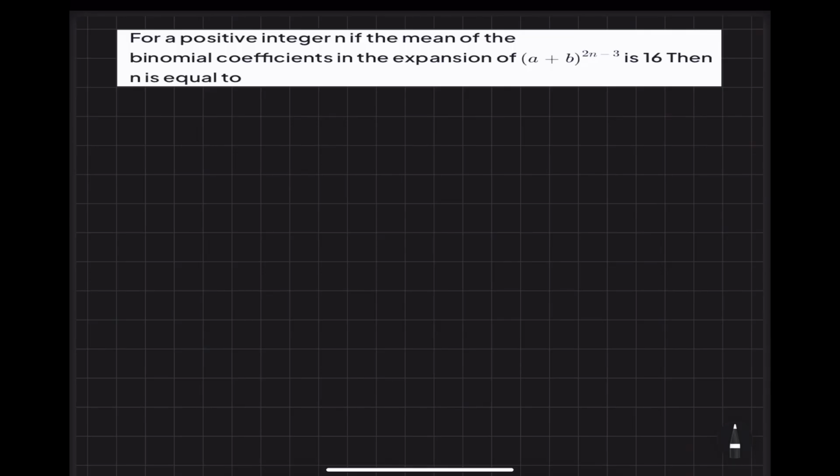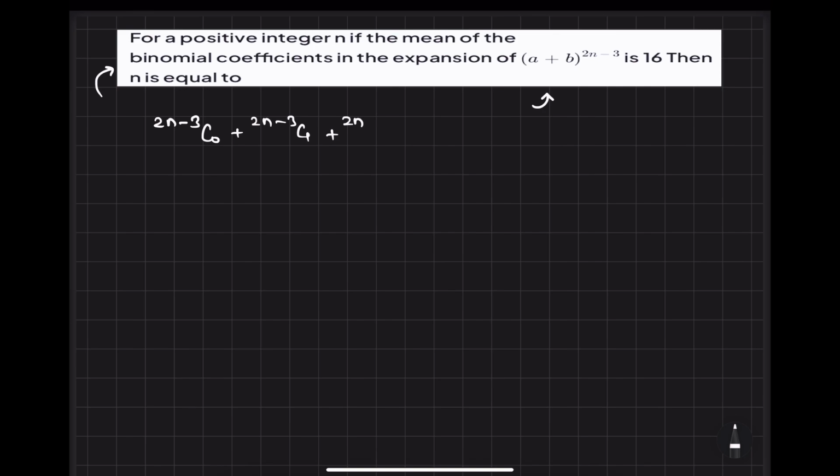So we got this situation. For a positive integer n, if the mean of binomial coefficient in the expansion of this, okay, so you know that if you will expand this thing, a and b will not... We have to talk about only binomial coefficient, correct? So can I say that the first binomial coefficient would be (2n-3)C0, then (2n-3)C1,